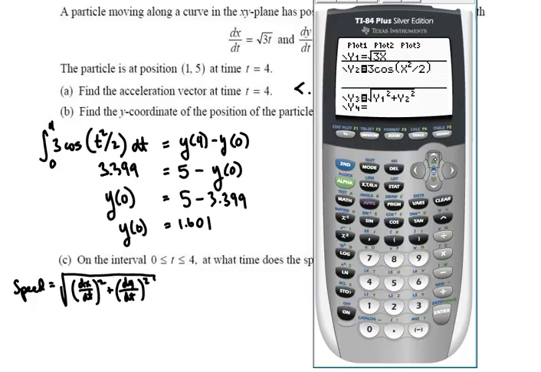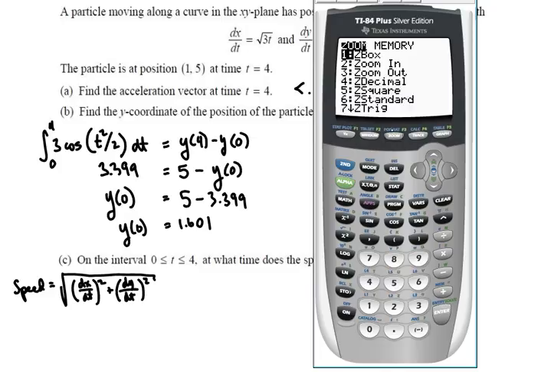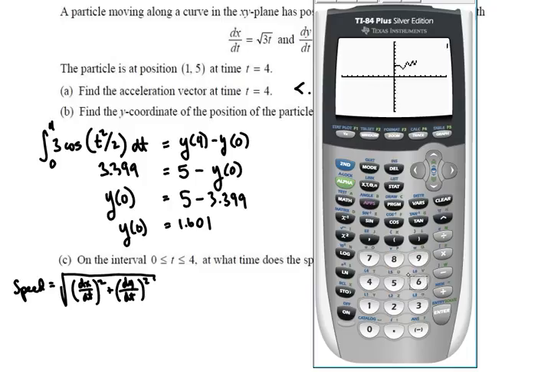And I'm going to turn off the previous function so that I only have my speed function in there, and I want to find out when that is first going to equal 3.5. So the way I'm going to do that is to also put in the function Y equals 3.5, and what I want to do then is to look for the first intersection of those two graphs in the time interval from 0 to 4. So I'm going to zoom standard, and